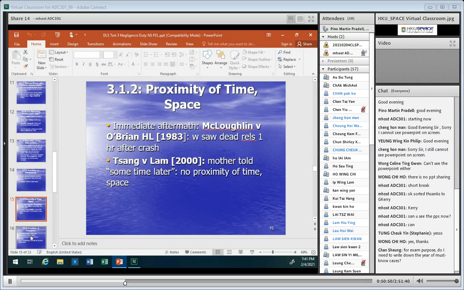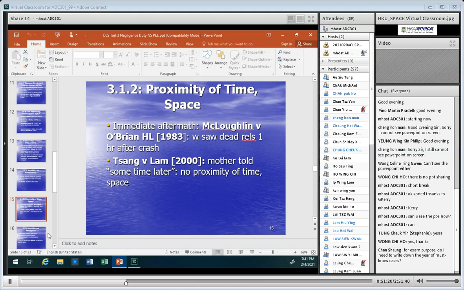Also, the second factor with regard to proximity for secondary victims, you must show proximity of time and space. And the leading case in this area is McLaughlin and O'Brien. Remember, the wife came to the hospital in the immediate aftermath, meaning about 1 hour after the accident. So she saw the effects of the accident, the fact that one child had died and there were other relatives,